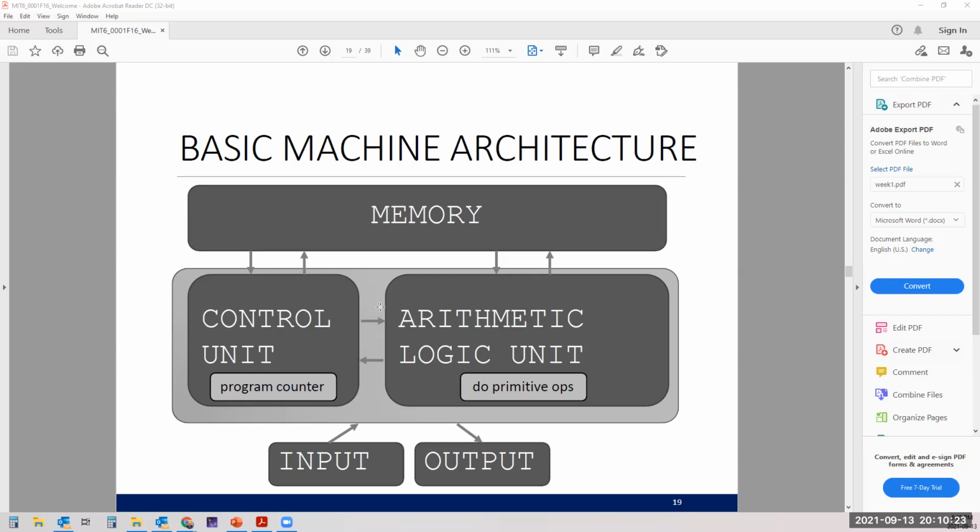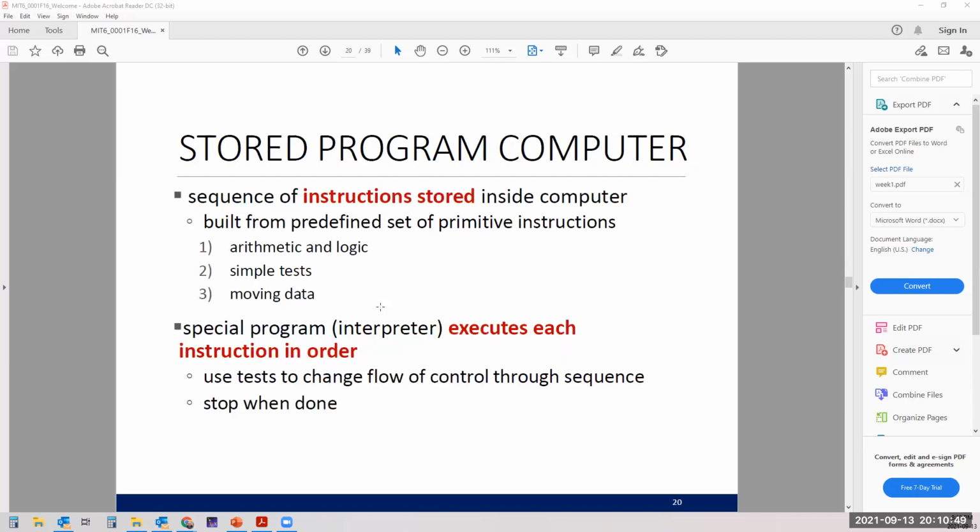Stored program computer: a sequence of instructions stored inside the computer, built from a predefined set of primitive instructions. Arithmetic and logical operations, simple tests, moving data from one place to another, from memory to hard disk to USB to screen. So we are moving data. A special program, we call it the interpreter,